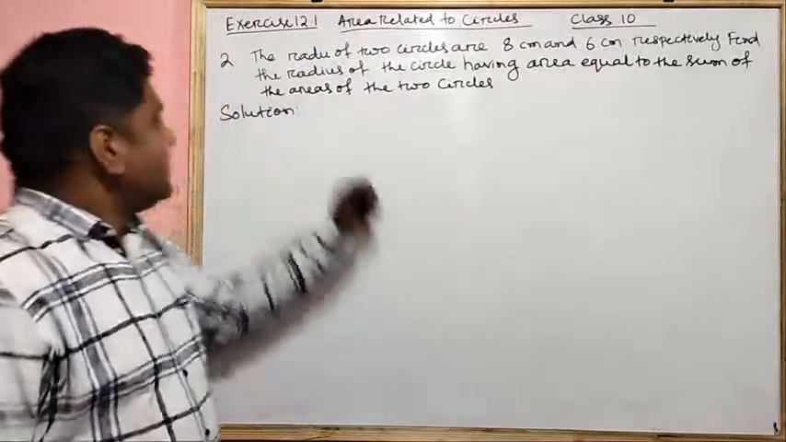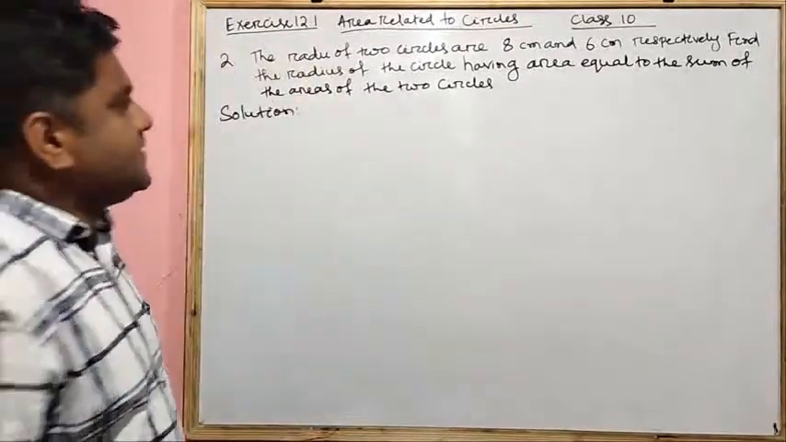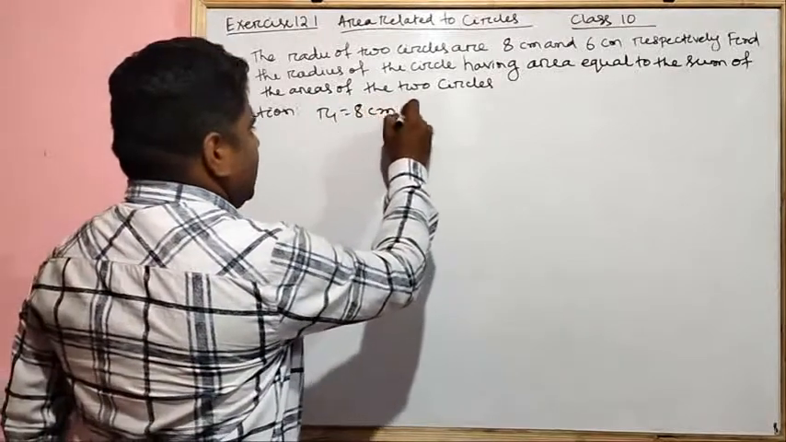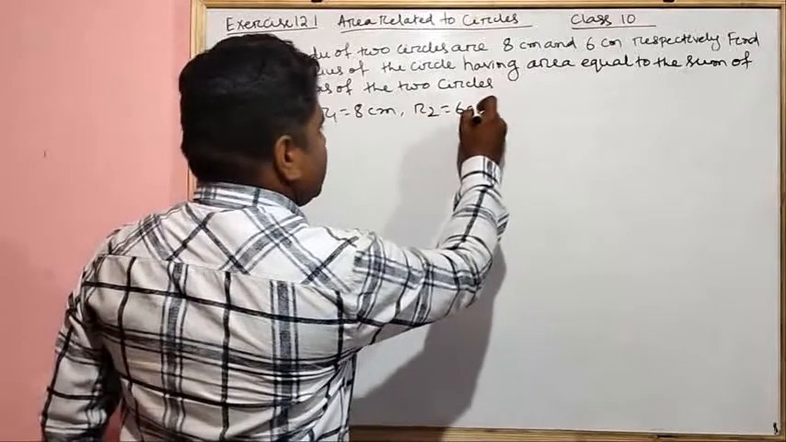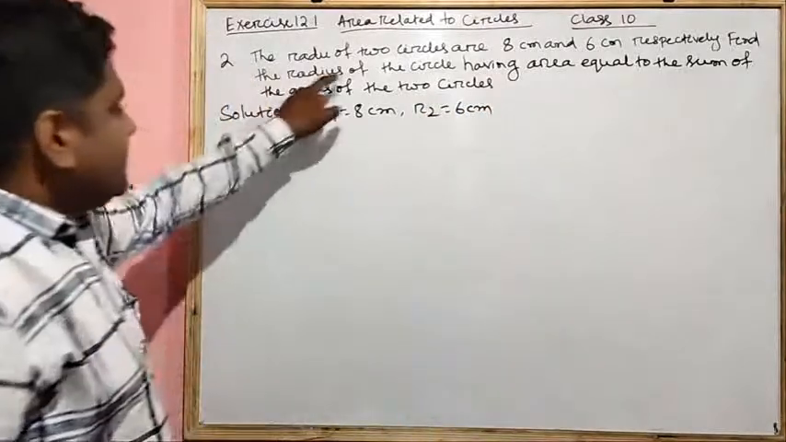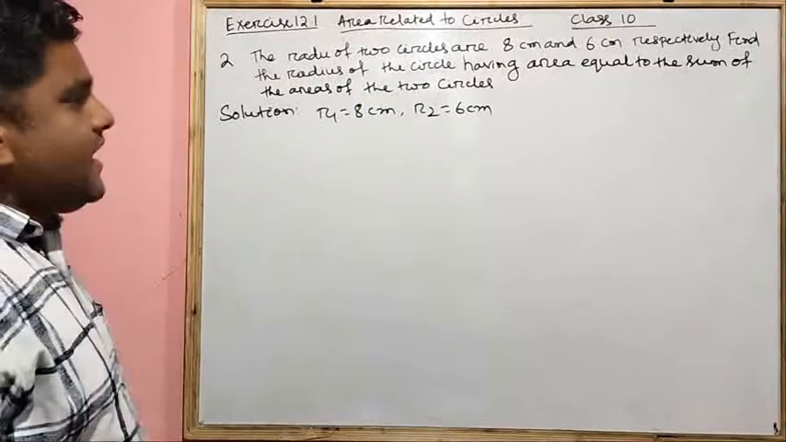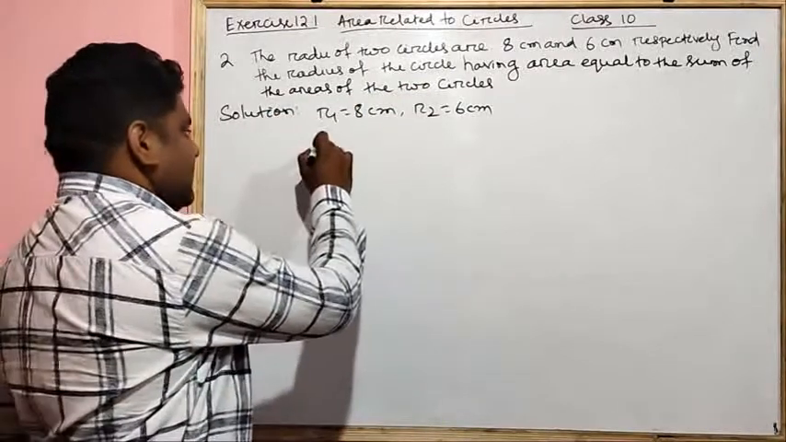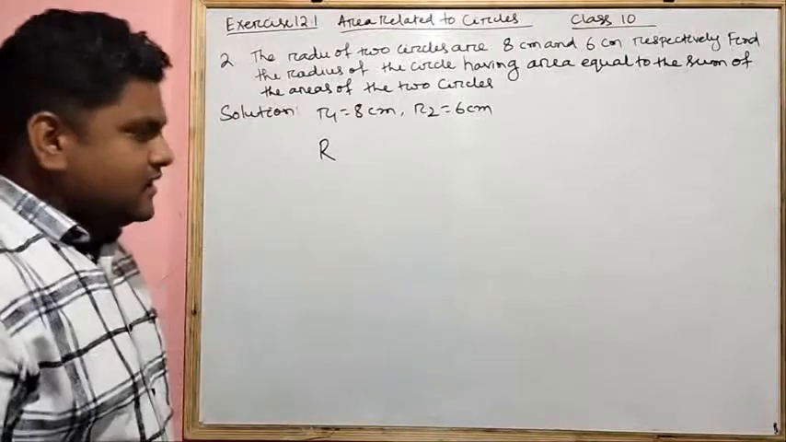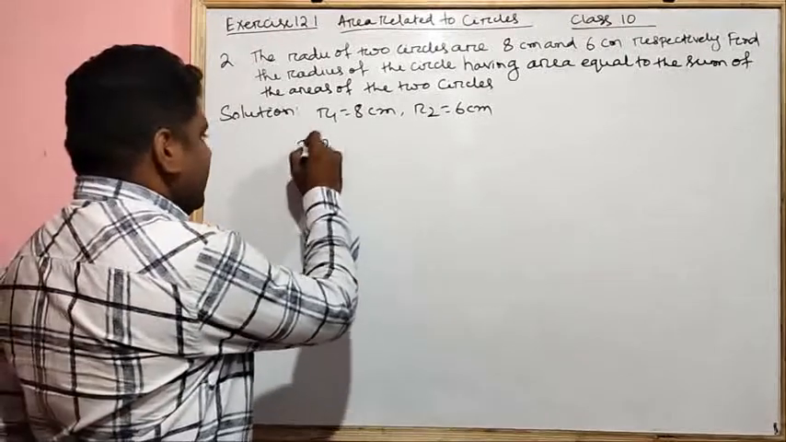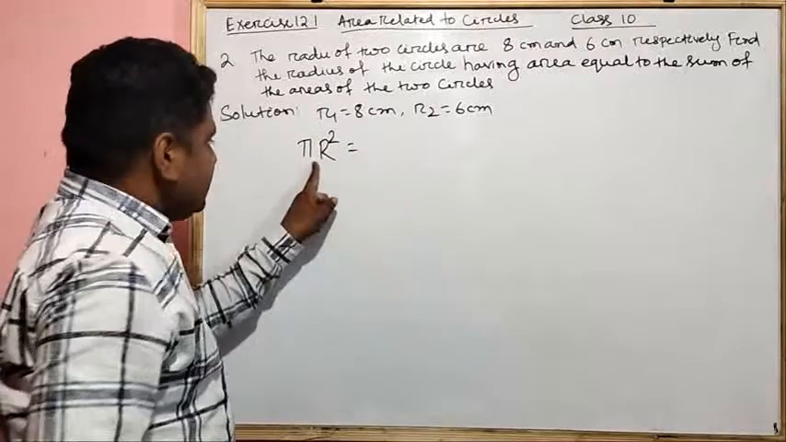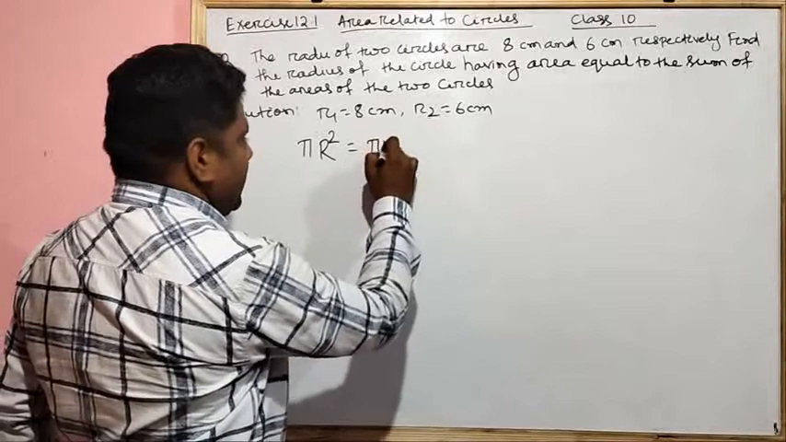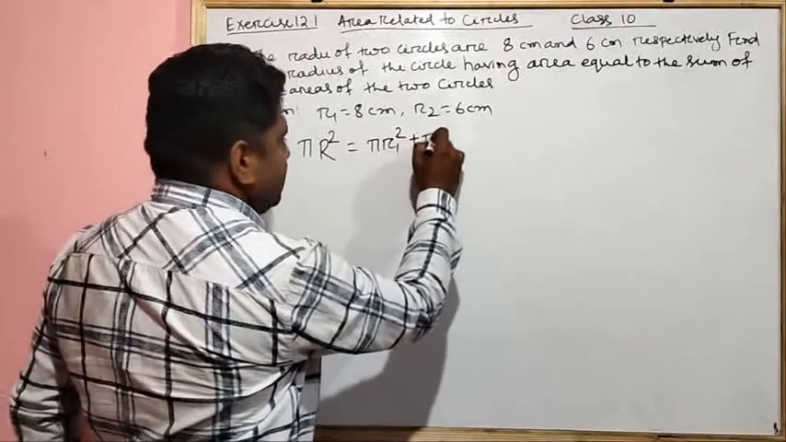Number 2: the radii of two circles are 8 cm and 6 cm. So let's take R1 equal to 8 cm and R2 equal to 6 cm respectively. Find the radius of the circle having area equal to the sum of area of two circles. Means let R is the radius of another circle, so its area is pi R square. Its area is equal to the sum of area of both the circles, that is pi R1 square plus pi